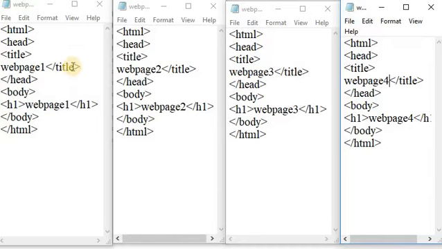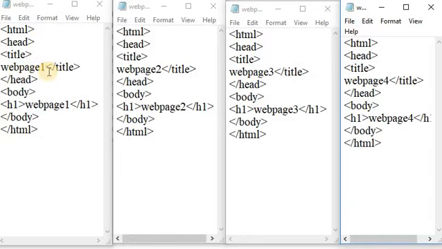That is frame src is equal to webpage 1, frame src is equal to webpage 2, frame src is equal to webpage 3 and frame src is equal to webpage 4. And in that HTML file, here write the HTML head and title tag.